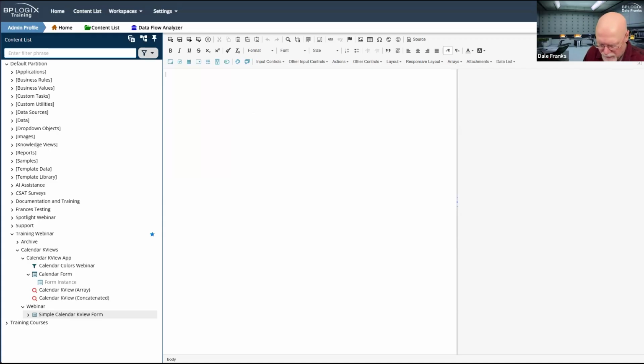So we'll just call this the calendar form, and we'll set this as heading 1. And now we'll just add our simple fields. So I should do this all as accessibility standards and stuff like that. But you know what? In the interest of time, I'm just going to use text labels here. So we're going to have our name.